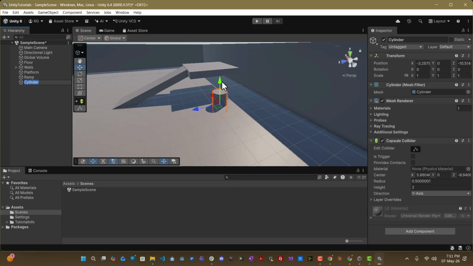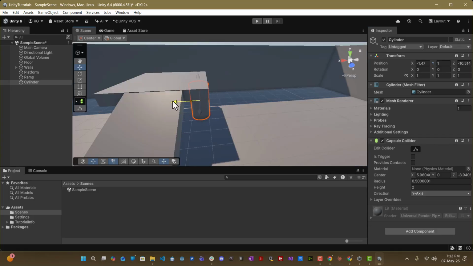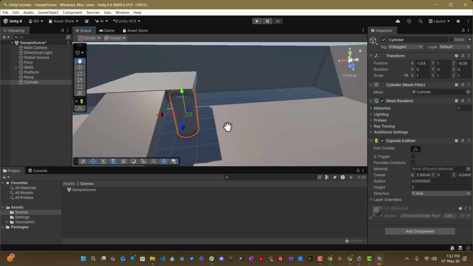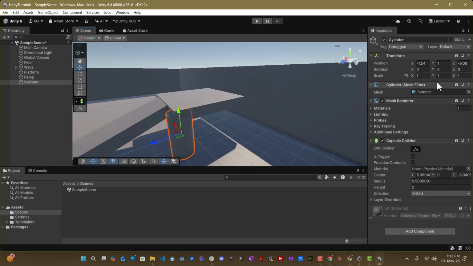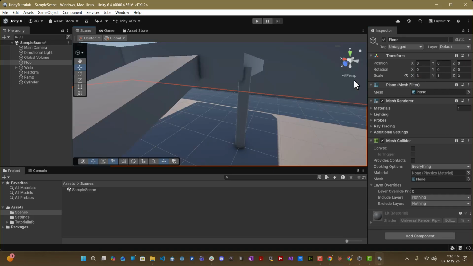You can add a cylinder. Let's see. Let's put a Y of 1. Maybe I want 4 of these. Maybe I want its scale in X and Y to be 0.25. Let's put this,